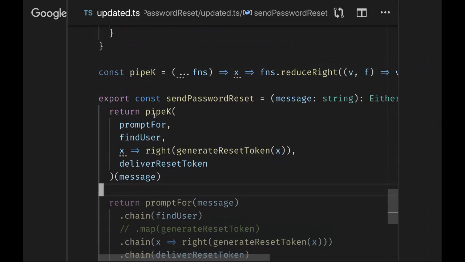Right. Remember, the only thing that kept these from composing is that each step along the way could fail. If you build up a pipeline operator that is smart about how to handle that failure, then there's no reason you can't just compose them one after the other like you're used to, right? I think finally, this to me starts to feel like the real benefit of this approach: we've shifted the error handling away in a way that's guaranteed consistent, guaranteed type checked, and we don't have to worry about it. And our business logic ends up being expressed at a really high level: these are my intentions, this is how I think about it.